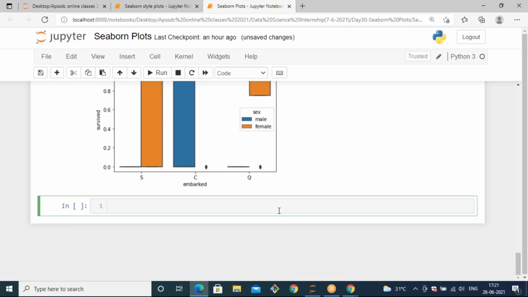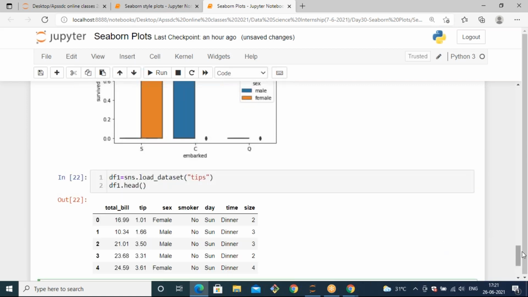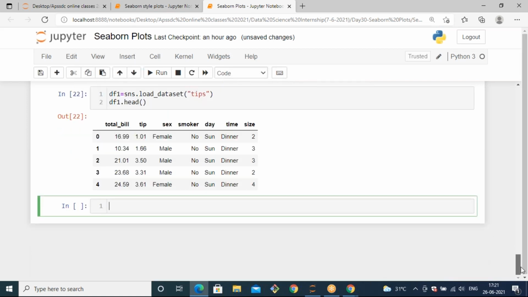So let's take a new dataset. df1 equals sns.load_dataset, and I'm going to take the tips dataset. df1.head. So this is the tips dataset.